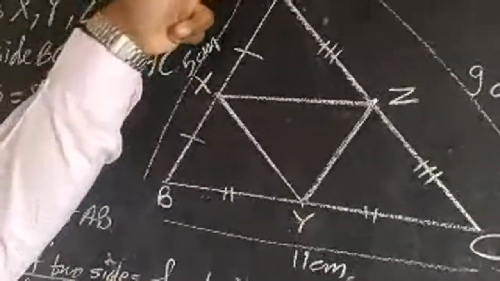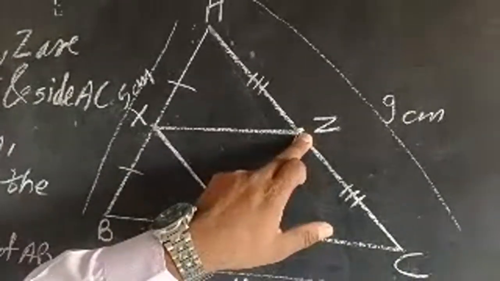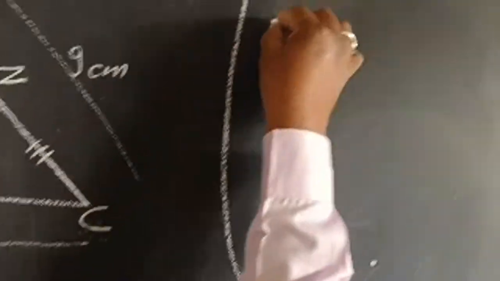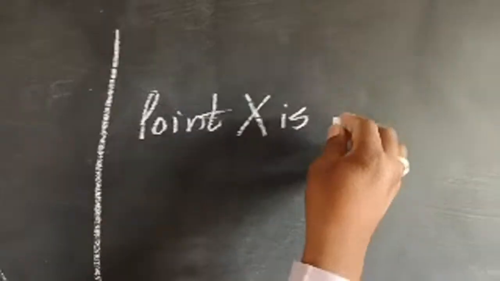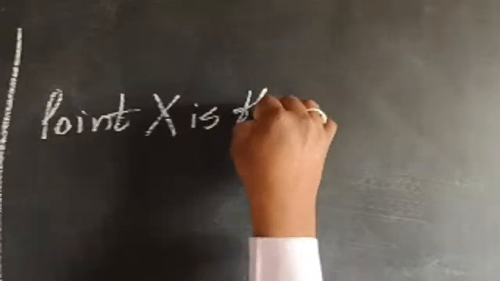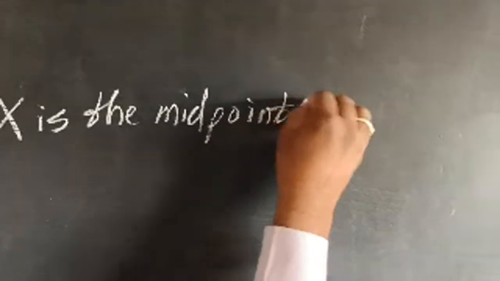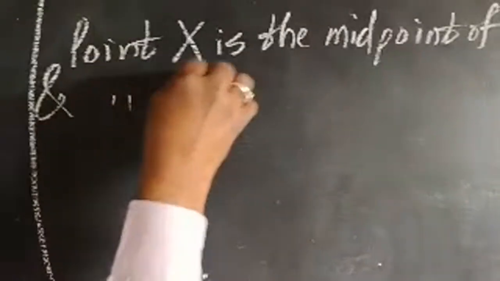Point X is the midpoint of segment AB, and here we write point X is the midpoint of AB, and